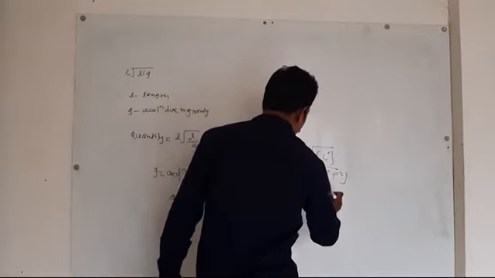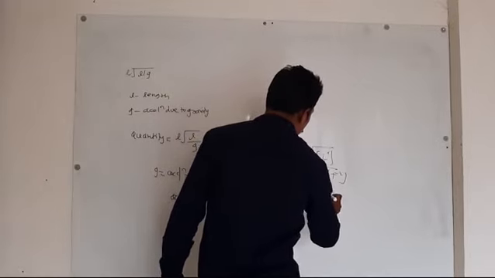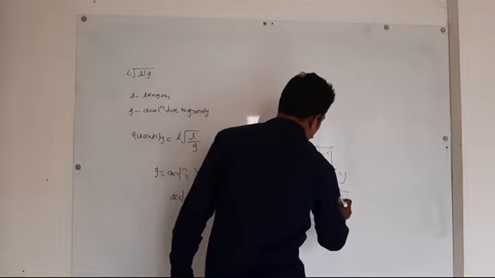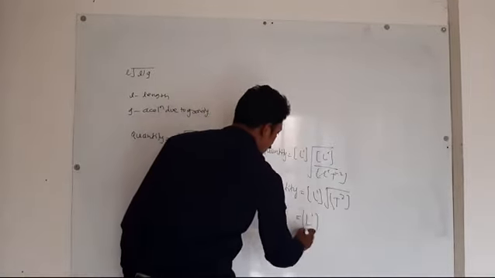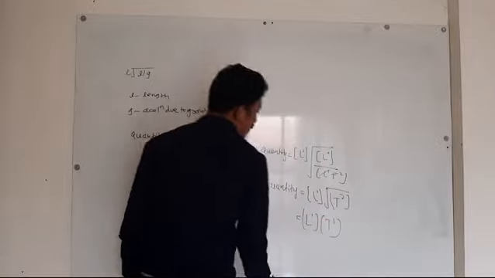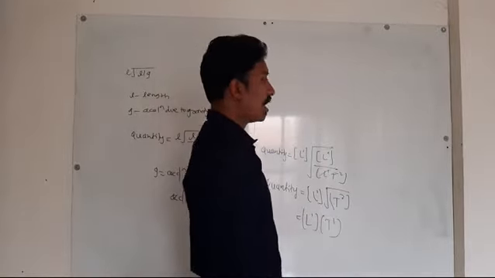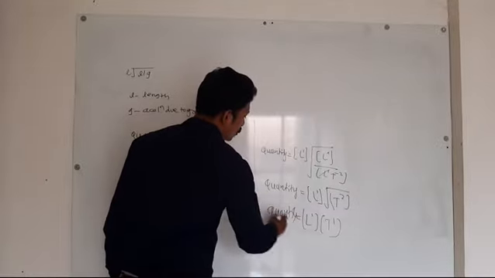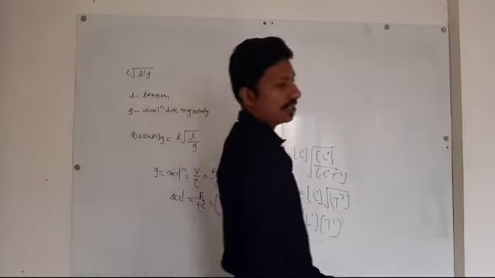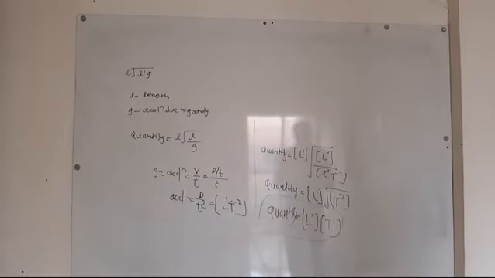Quantity is equal to L raised to 1 into root of T raised to 2, because that has come above. That means L raised to 1 T raised to 1. This is the dimension of the quantity asked, L raised to 1 T raised to 1. Student, complete this question.